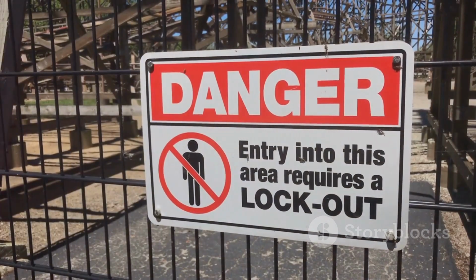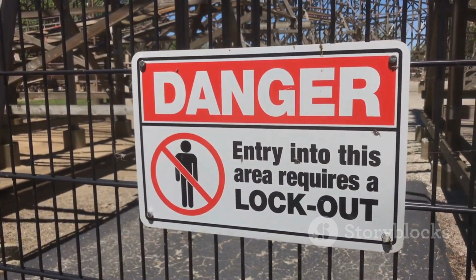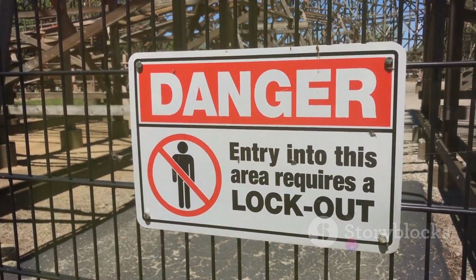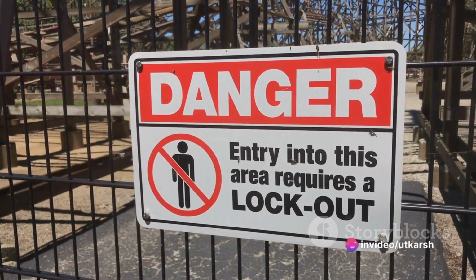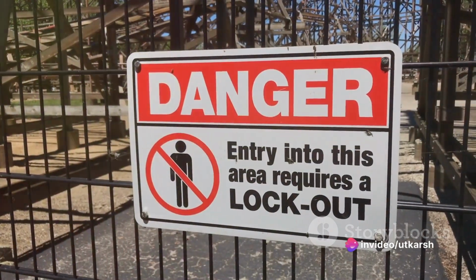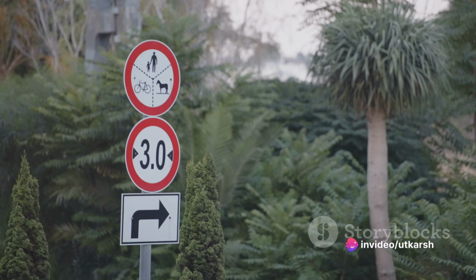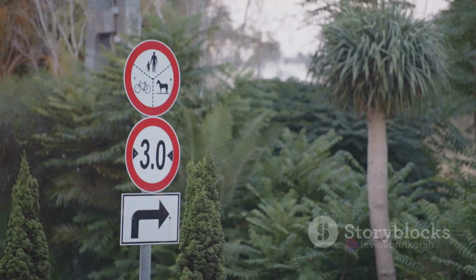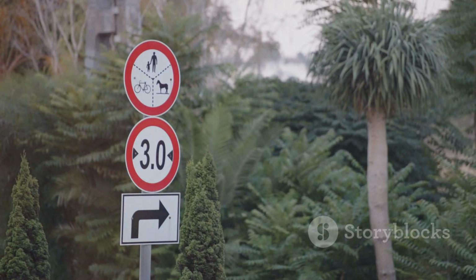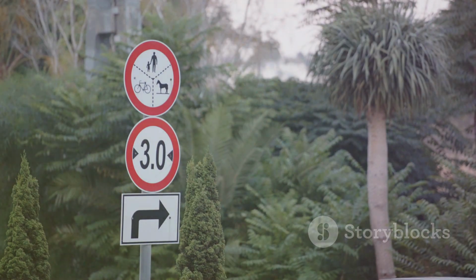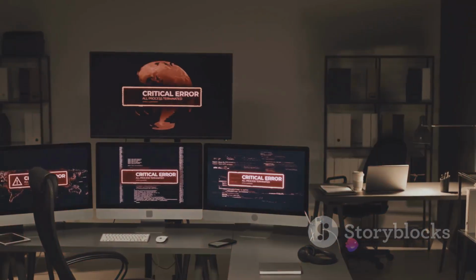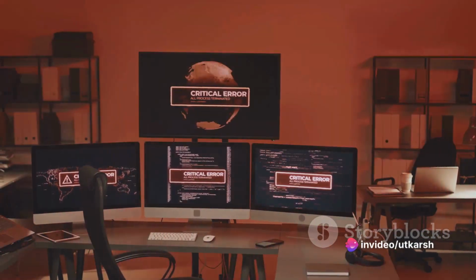Then we have 403 or forbidden. Even with valid credentials, the client may not have the necessary permissions to access the requested resource. It's like being a guest in a house, but not being allowed to enter certain rooms. Next up is 404 or not found. This is one you might have encountered while surfing the web. It's the server's way of saying, the resource you're looking for, I can't find it, maybe it never existed or